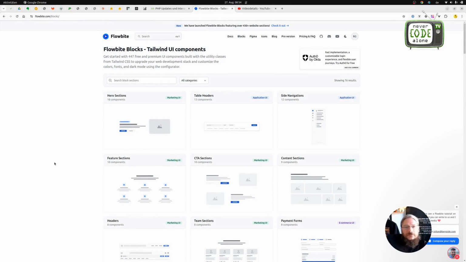Today, it's about the Flowbyte Component Pro account, which I treated myself to yesterday, spending just under $300 on a one-time payment. I did something similar in the same price range with Tailwind. However, the components there do not really develop further, and I hope that it is different with the Flowbyte blocks. Let's take a look today at what is available here.